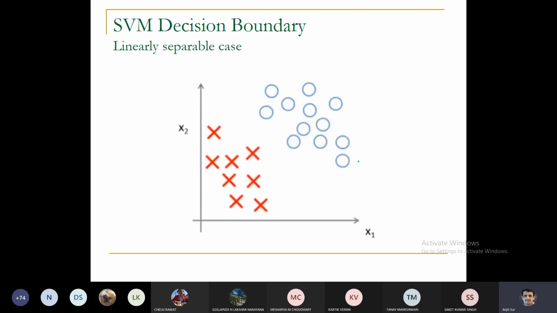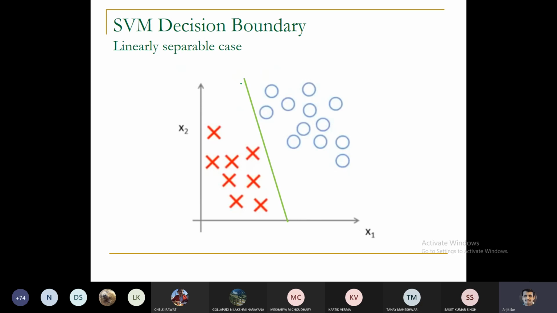Now you can see this is linearly separable. What do you mean by linear separability? One thing we first understood is that this linearly separable case has two sets of data points. Linearly separable means there is some sort of linear line, plane, or hyperplane that exists between two data sets, so that we can have such a linear decision